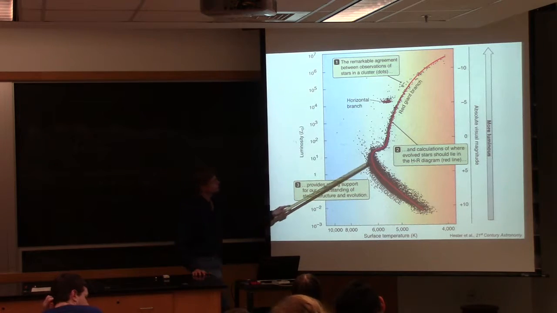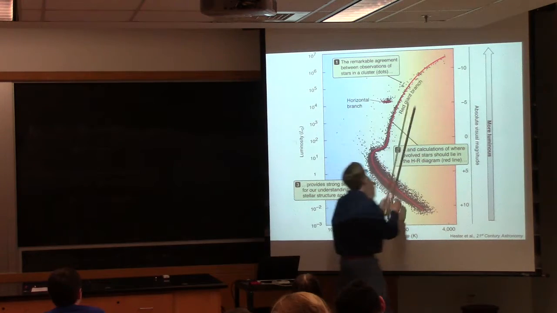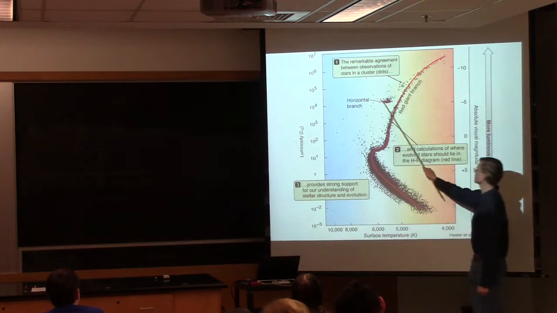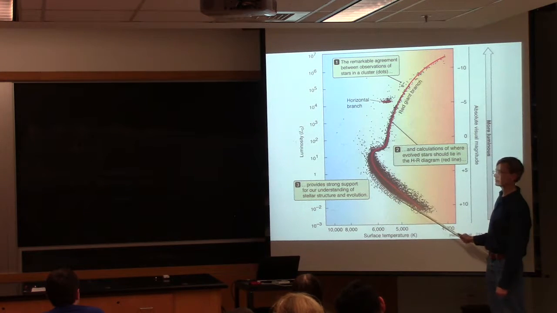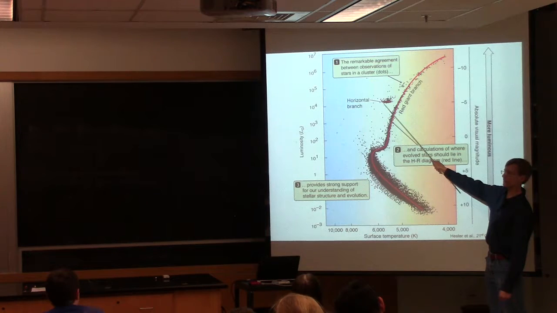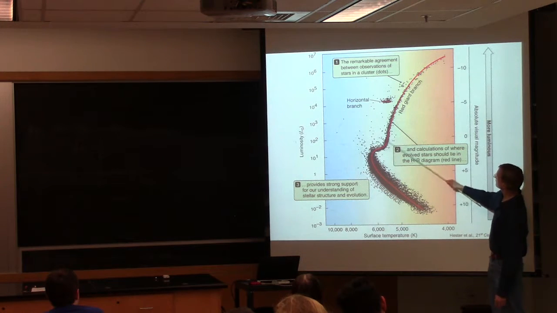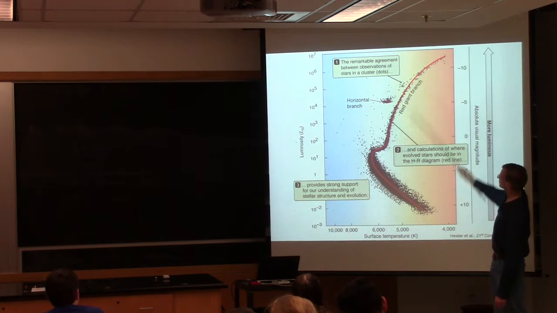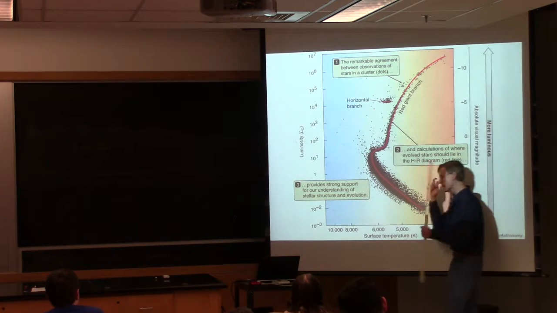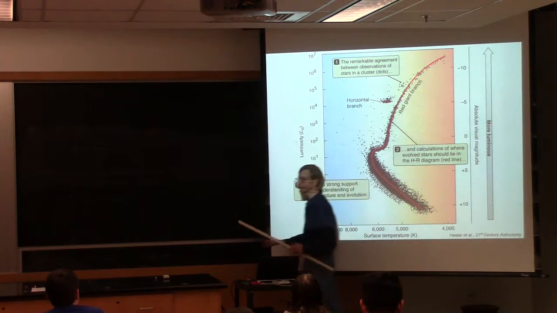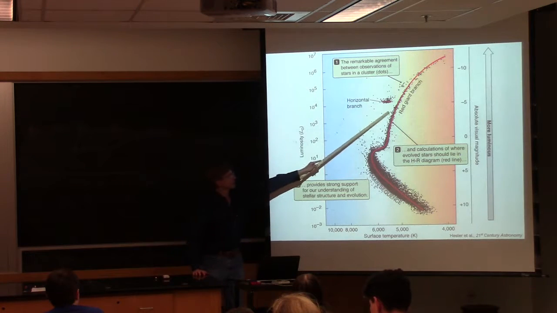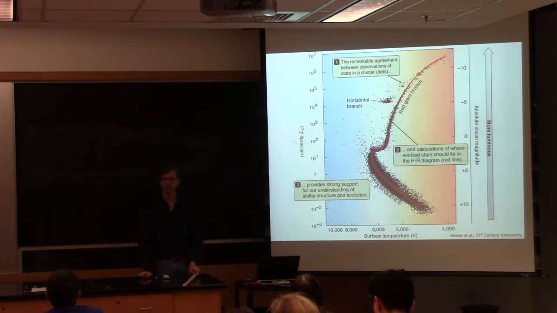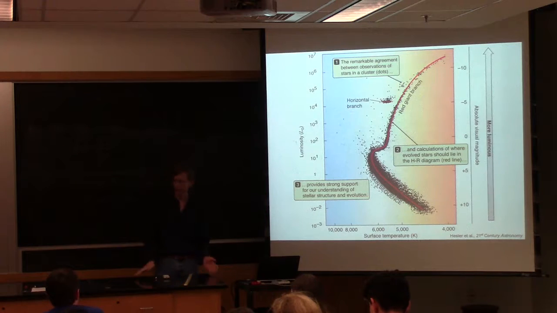Note that all of these stars are the same age, but these ones on the horizontal branch are more massive than the ones on the main sequence because they got to the horizontal branch quicker. They evolved more quickly. These guys on the red giant branch are more massive than the ones on the main sequence because they got to that stage of their evolution quicker. They're all the same age, but the more massive you are, the faster you go through your stages of evolution. And so that's the key